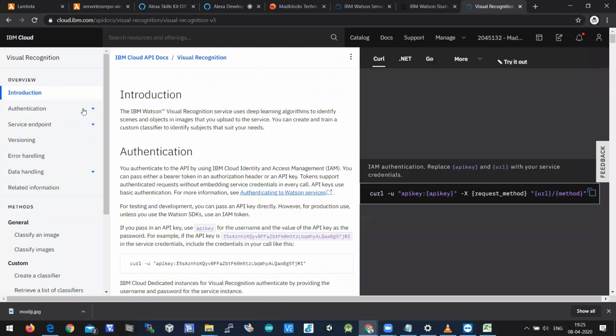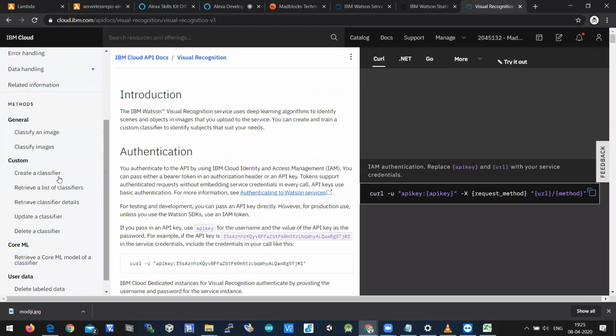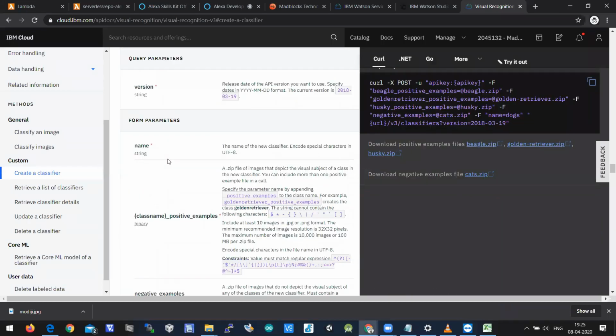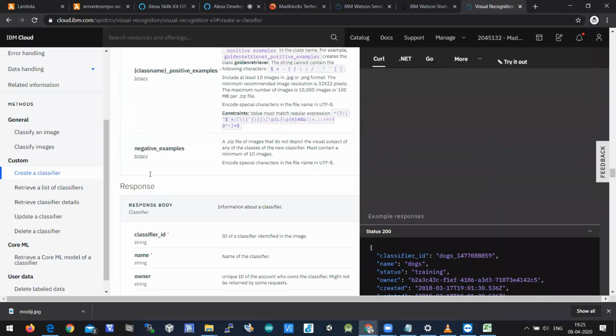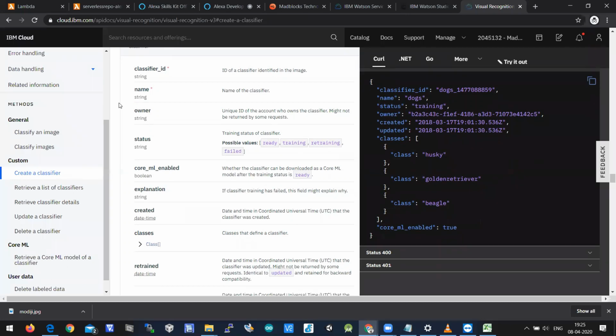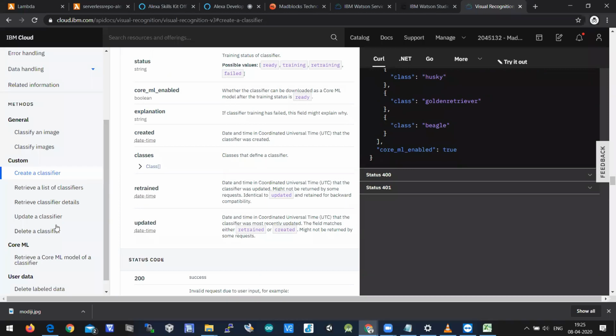This is the documentation site of visual recognition. You'll have all the methods here, how to use each method, and what parameters are passed. All the documentation, and the result when you call the API function, will be available here at cloud.ibm.com/API docs. So you can go through it if you want to work more.